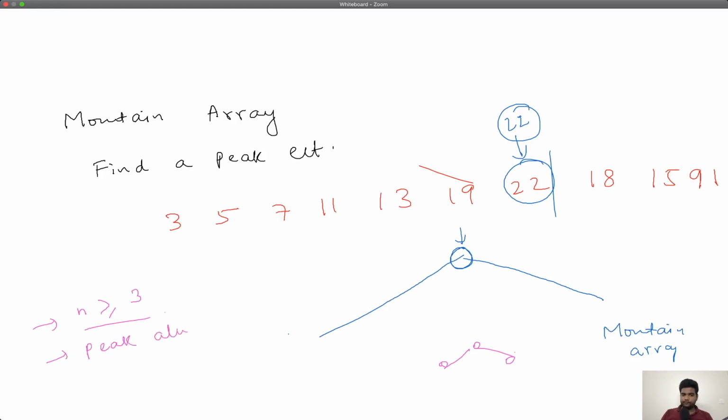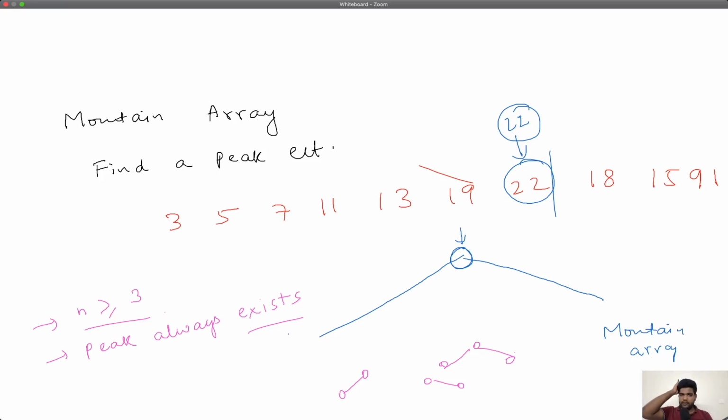So these will not really come in the way of you solving the problem. You will not have a scenario wherein there are only 2 elements, let's say this or this. So these will not be there. You will have at least 3 elements in the mountain array and the peak always exists.